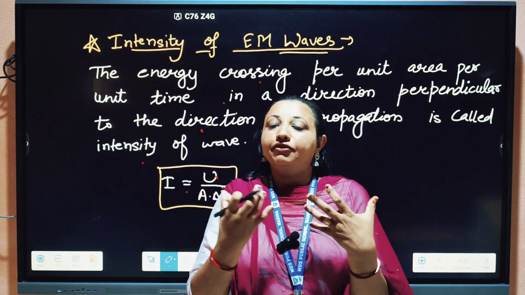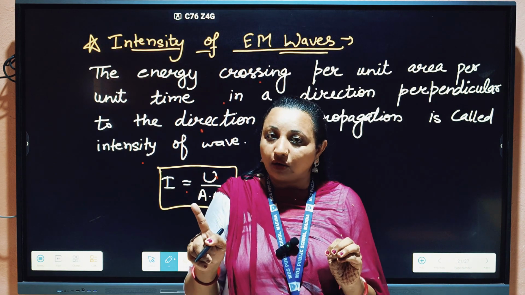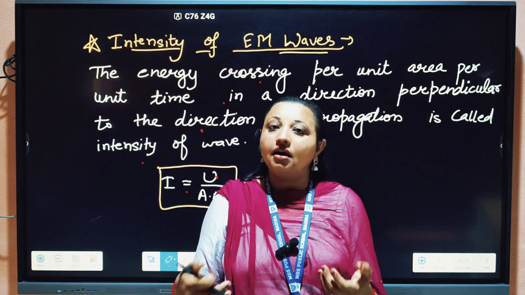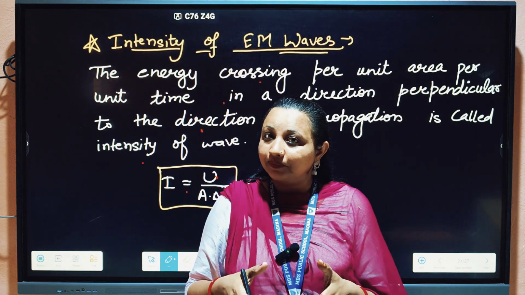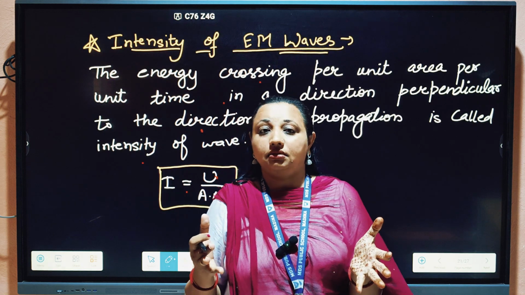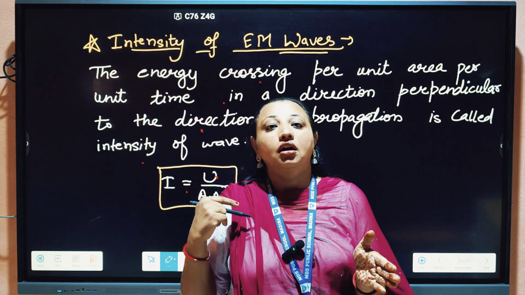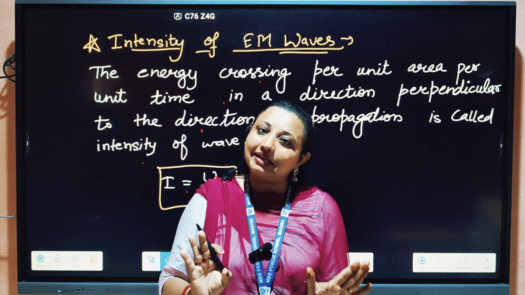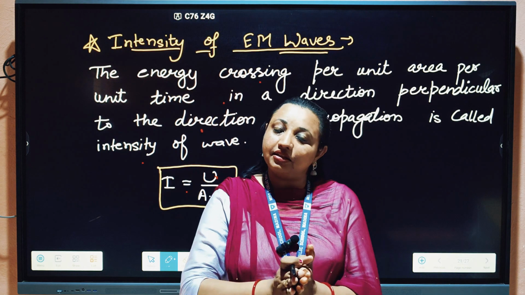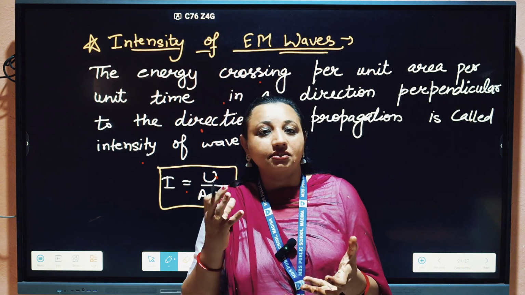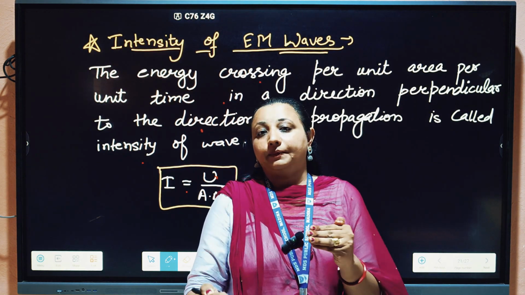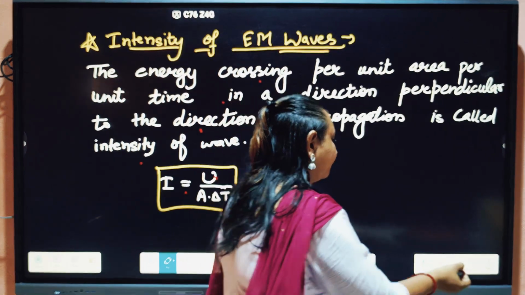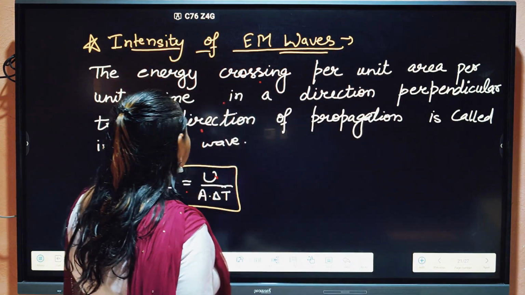ठीक है. If in a large room only one bulb is glowing, intensity is very less. Amount of light falling per unit area per unit time is less. When I switch on 4 bulbs in that room, the amount of light falling on a unit area per second is more, right? So that is intensity. Whether a light has less or greater intensity is determined by how much light is falling per unit area per second, right? This is intensity.